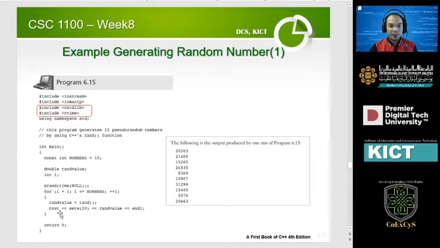So here is an example: we create variables, a constant integer equal to 10, some double random value, and then we call the srand function, and then we use the rand function. Random value equals rand, and the output of the program would just throw out some random values. And this value should be different every time you run it.